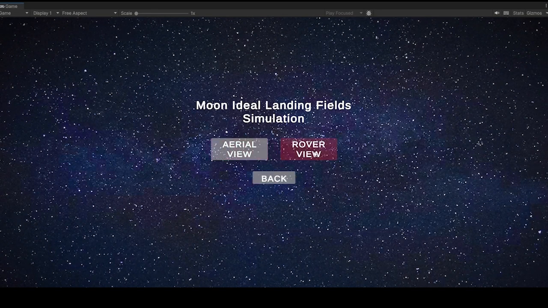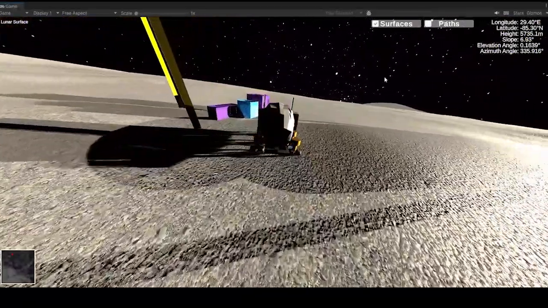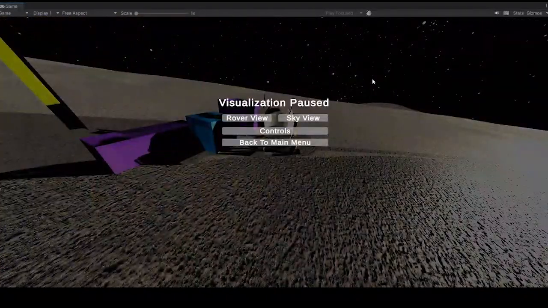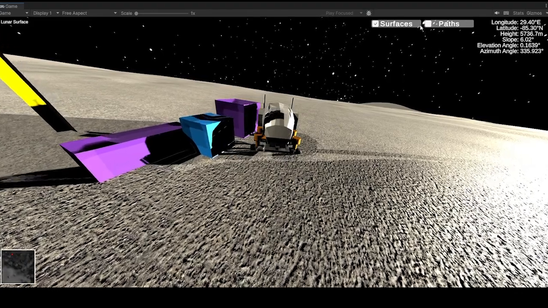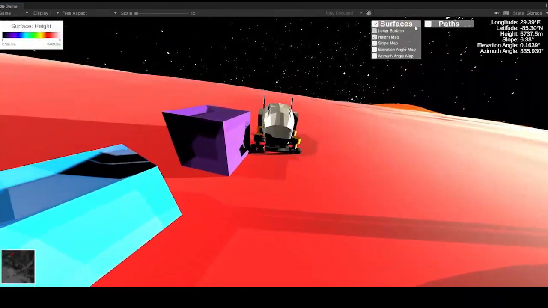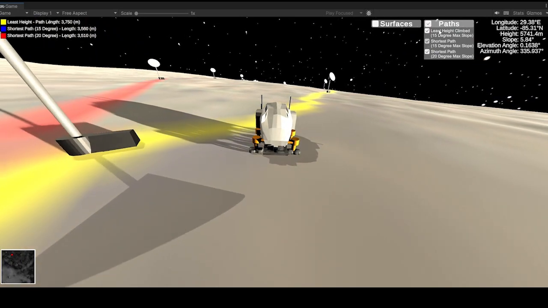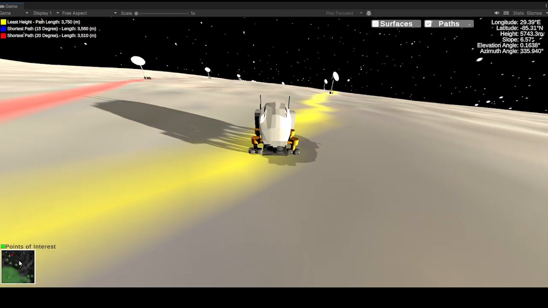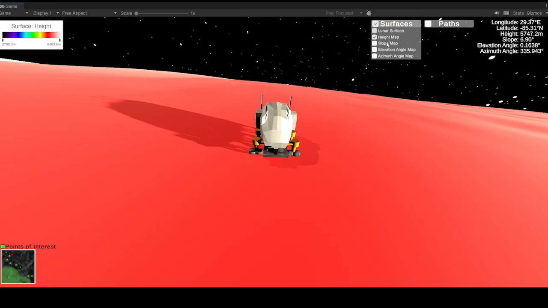For the first update of our app, we focused on polishing the app to create a final product experience. Menus were added to make the game UI more navigable. Toggles were created that can easily switch the data being shown, switching from colored surfaces to showing any combination of paths at a time. A mini-map has been added, and it shows the areas of interest on the lunar surface. More information on the data shown has also been added as a clickable UI element.